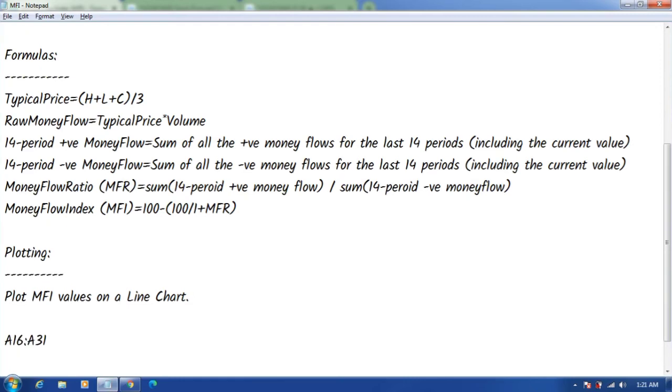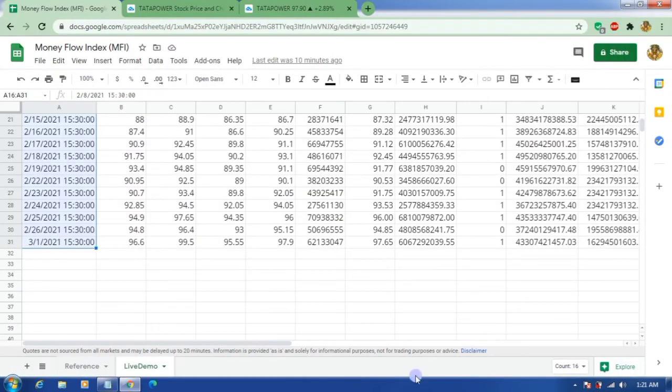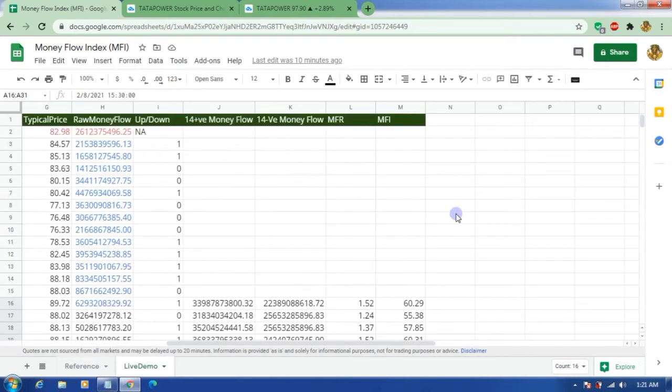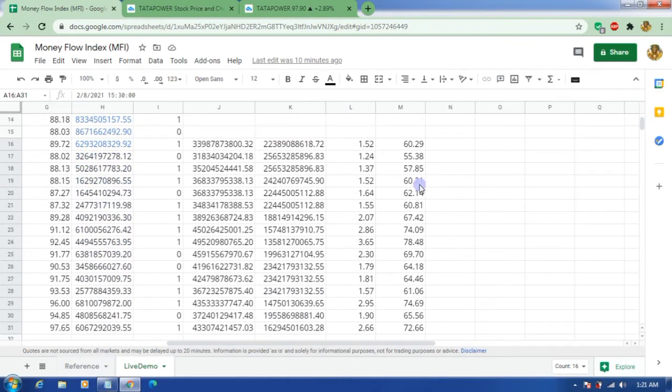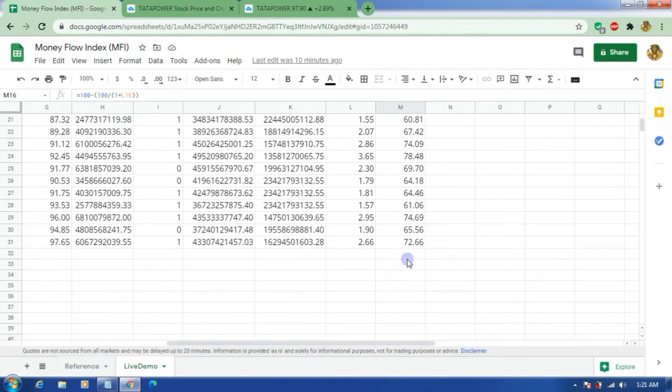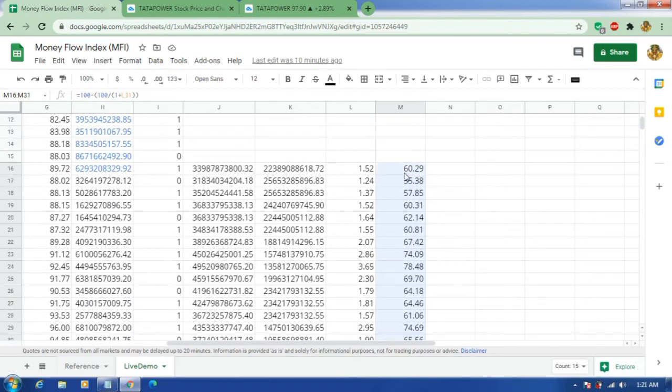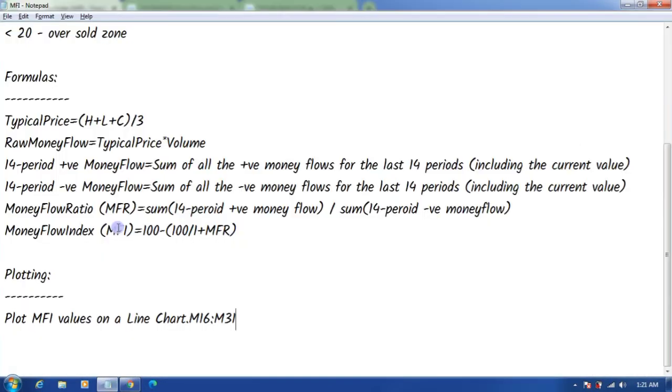This is the x-axis, the time frame, and for the y-axis, the MFI values, that is M16 to M31. This is the range, not the data. So A16 to A31 is my x-axis and M16 to M31 is my y-axis.